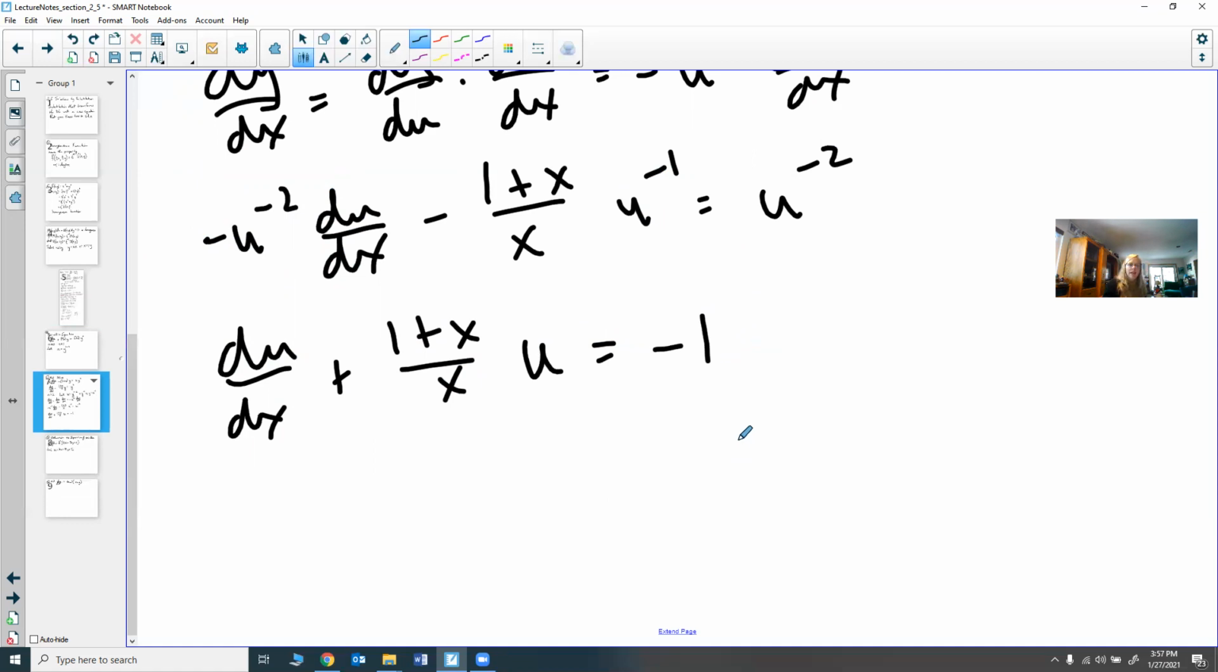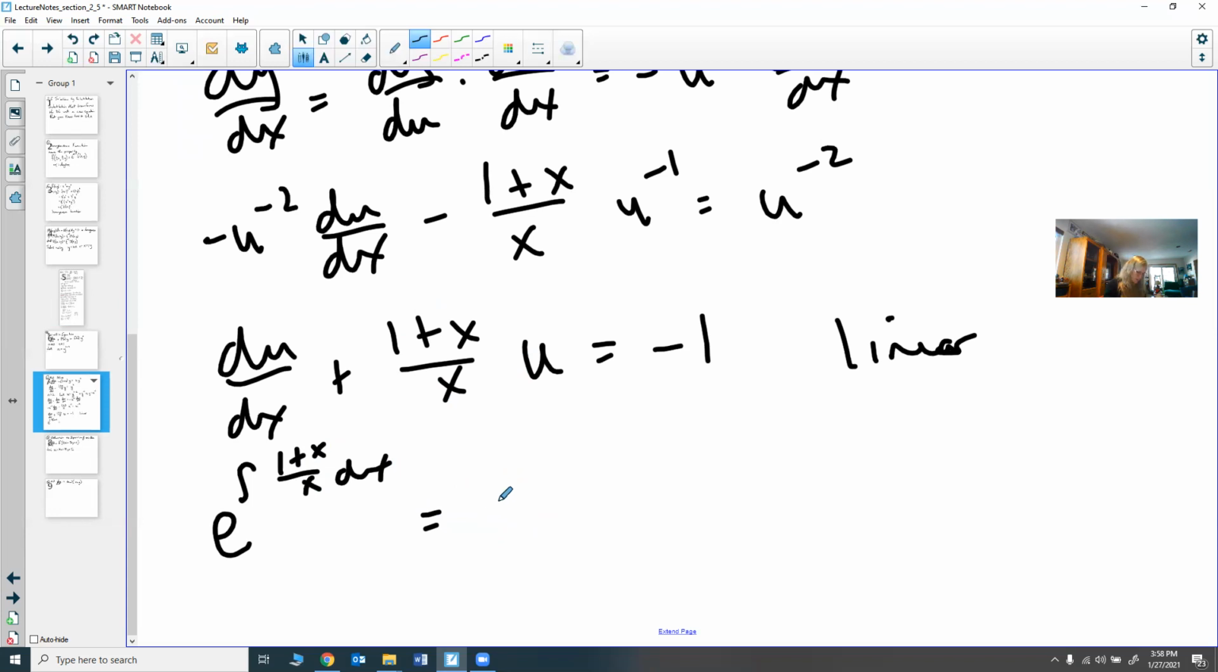Okay, so now what I notice is this is linear. So the homogeneous produced a separable equation. This Bernoulli, with this substitution, will produce a linear equation. So since it's linear, we can solve this using the integrating factor. So remember, the integrating factor is e to the integral of p(x). P(x) is the (1 plus x)/x dx in this case. And the integral of (1 plus x)/x dx